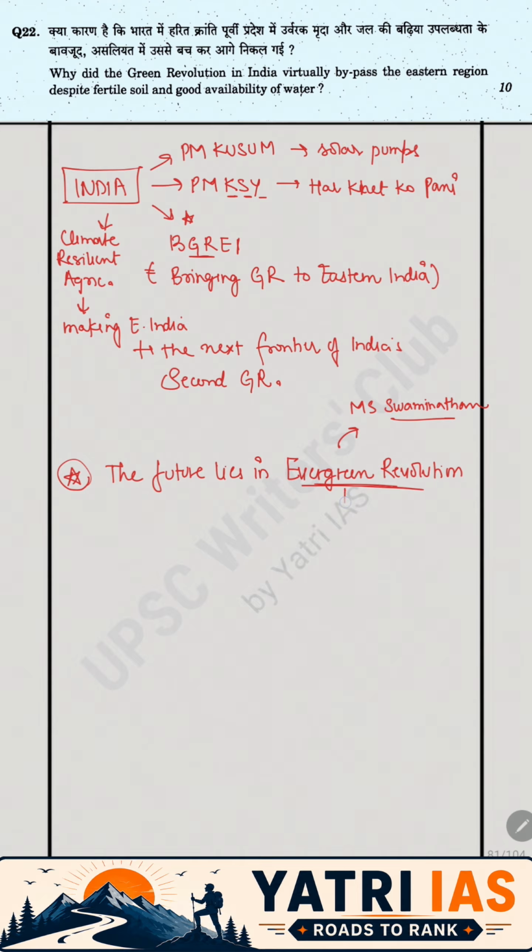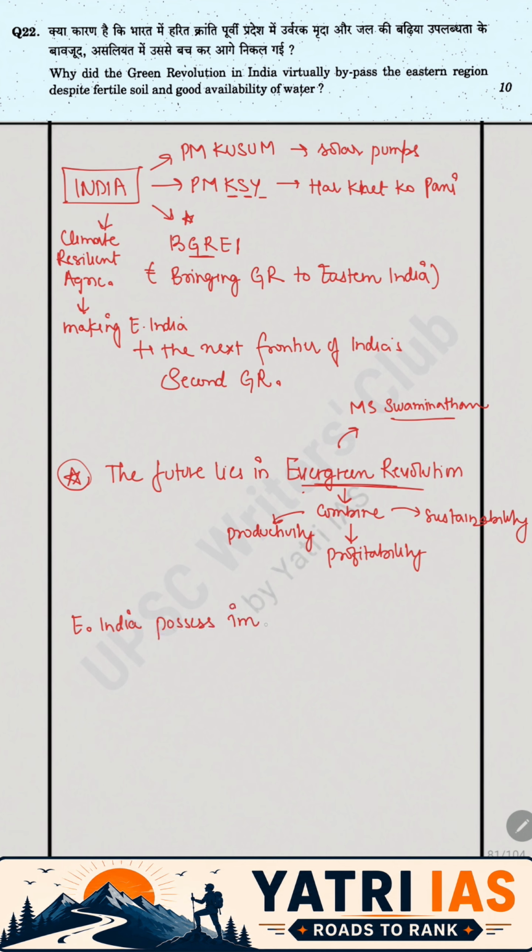And what is evergreen revolution? When you combine productivity, profitability, and sustainability. So this is evergreen revolution. So mention Eastern India possesses immense agricultural potential. Immense agricultural potential. Hence, we need to